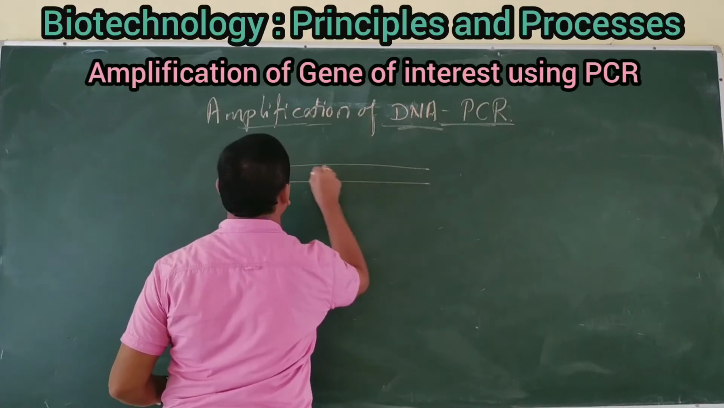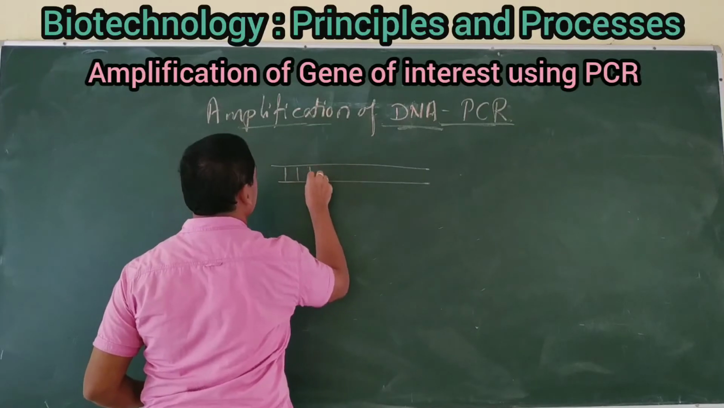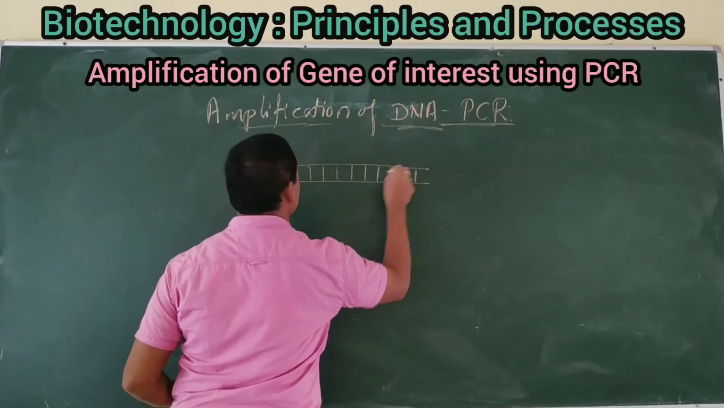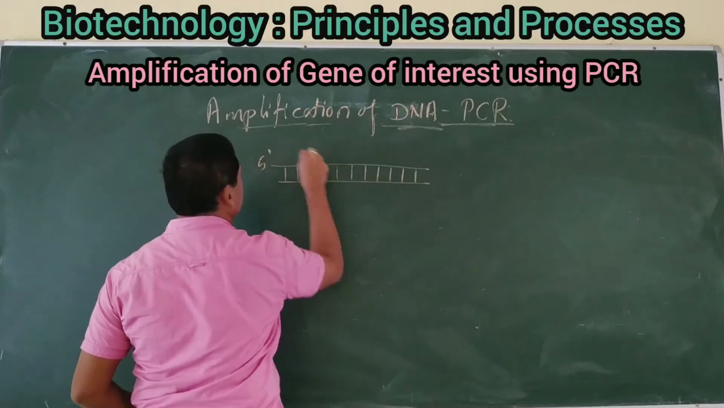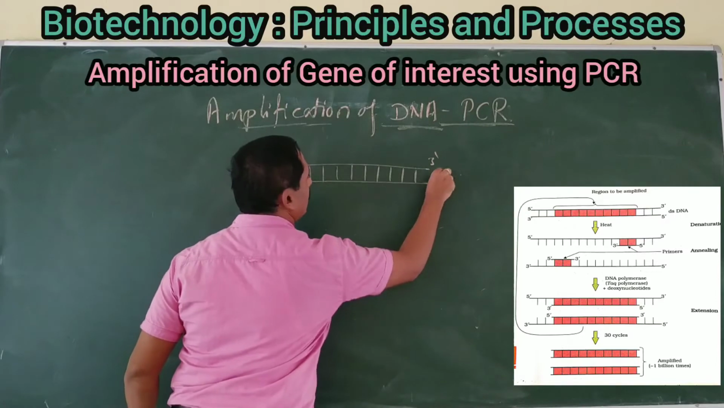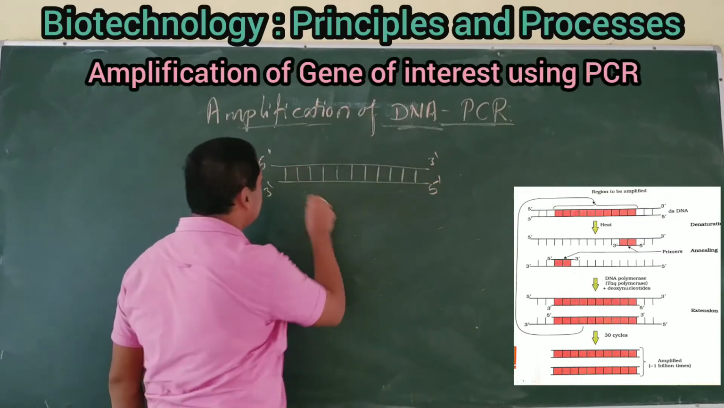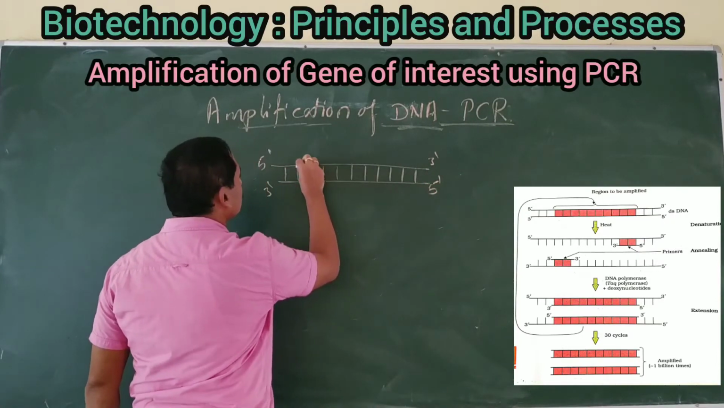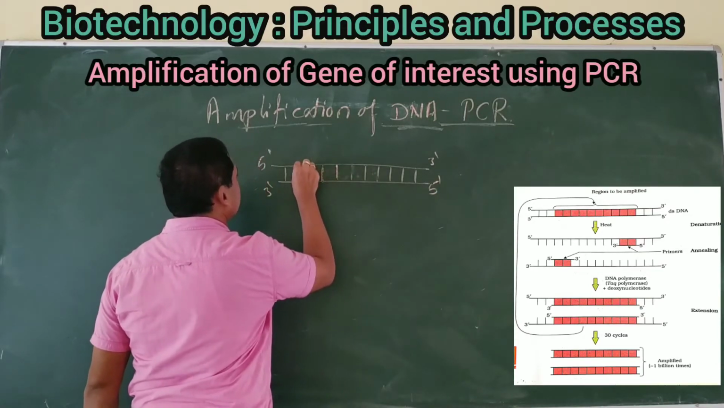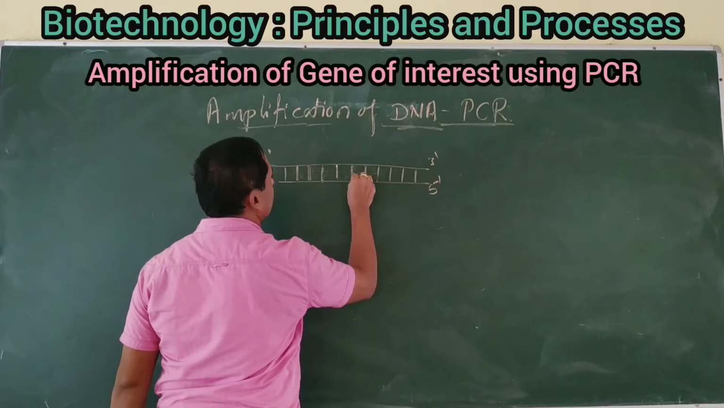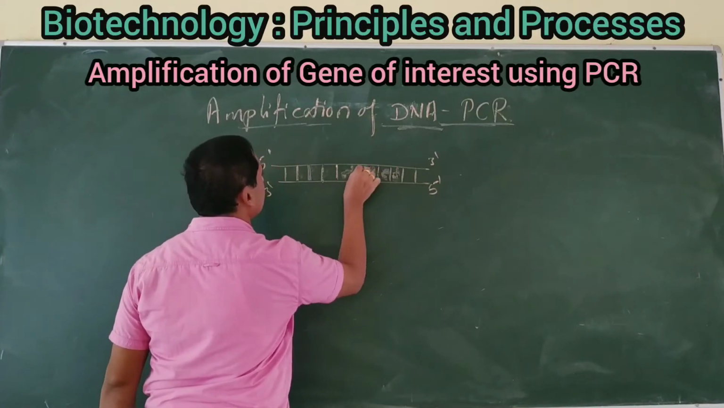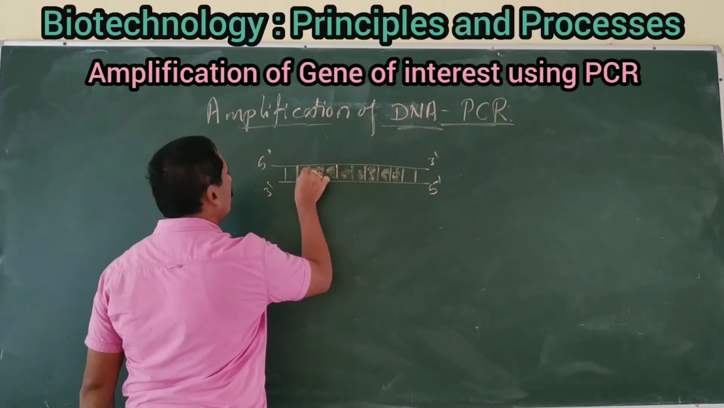DNA fragment. In this DNA fragment, the region to be amplified is in the 5' to 3' direction, and you can see the opposite strand with 3' to 5' polarity. So this region, this portion of DNA, is to be amplified. How to amplify this